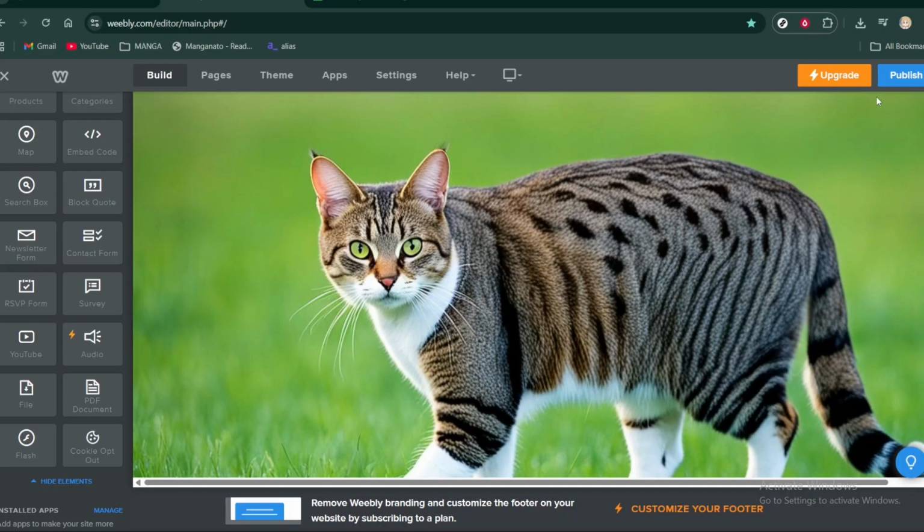You've opened the editor, placed the file element, uploaded your document, refined the download text, and published your site. Your file is now